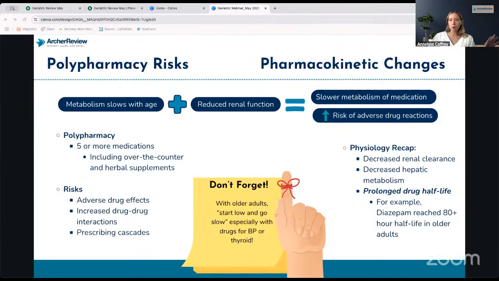Anyone who's on 5 or more meds, regardless of age, is considered to have polypharmacy. And side note, that does include over the counter and herbal supplements. So she tells me that, and I'm curious now. I want to know what she's on. I'm like, oh my goodness, what are you on? She goes, I don't know. There's like this one pill, it's purple, and then there's this other one I'm taking, it's blue and circular. I'm like, oh my goodness, you need to know what you are taking.